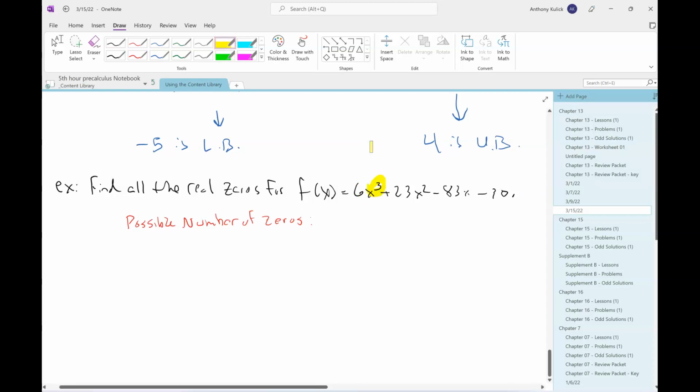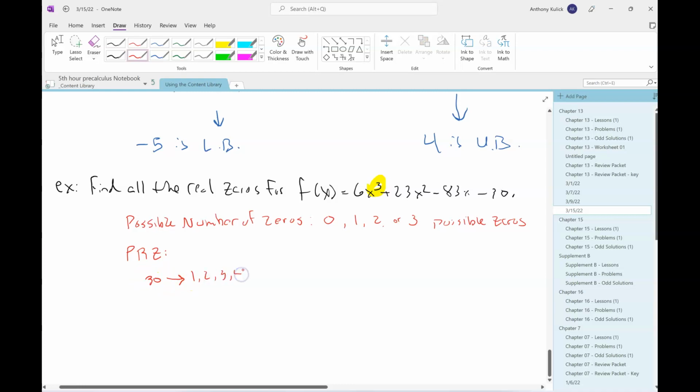At most 3. So 0, 1, 2, or 3 possible zeros. My possible rational zeros are going to be the factors of 30